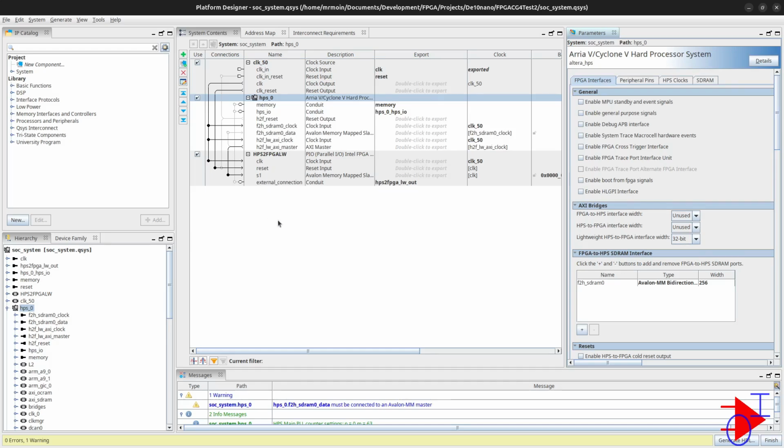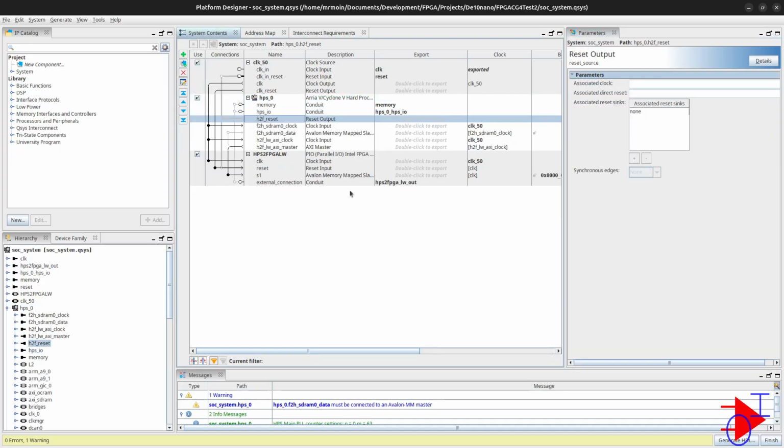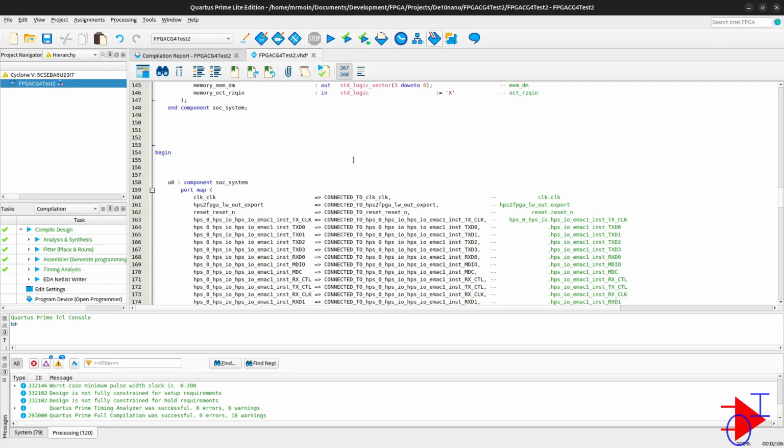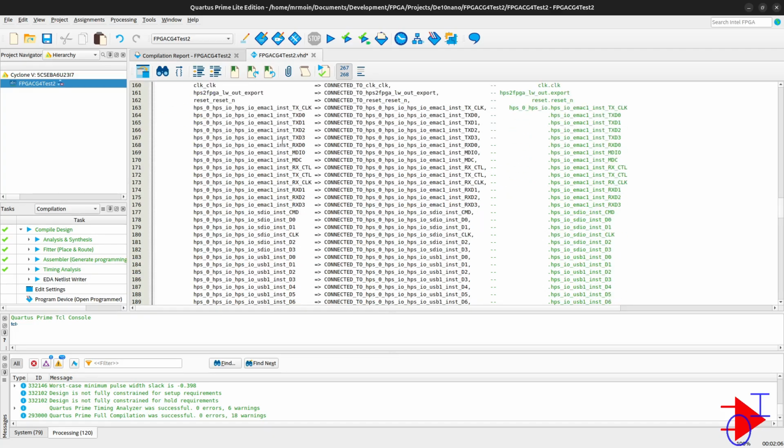H2F reset is disabled. It's removed. There's no connection left. Yet it wants to hang on. Okay, reset and